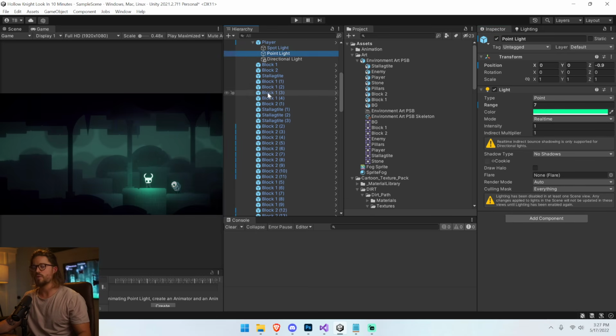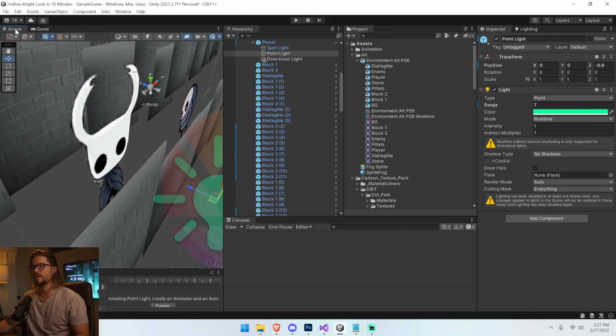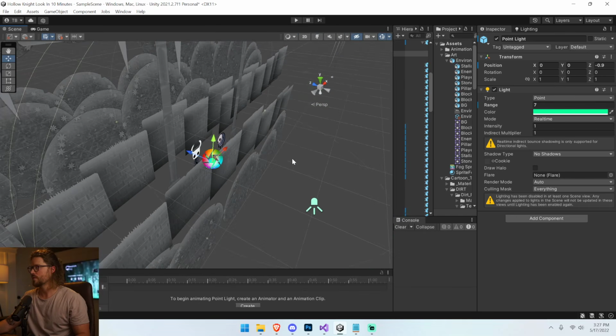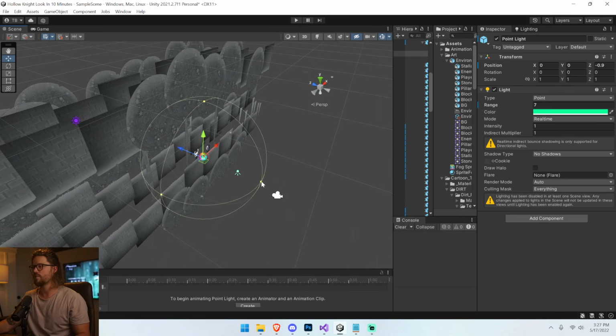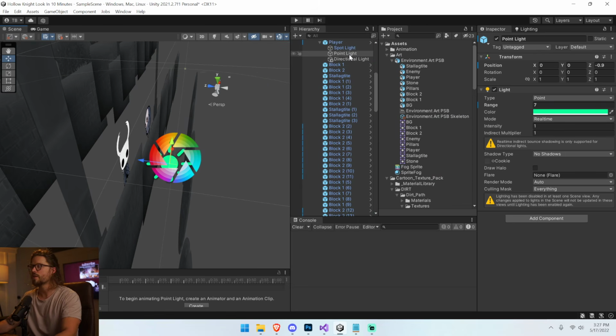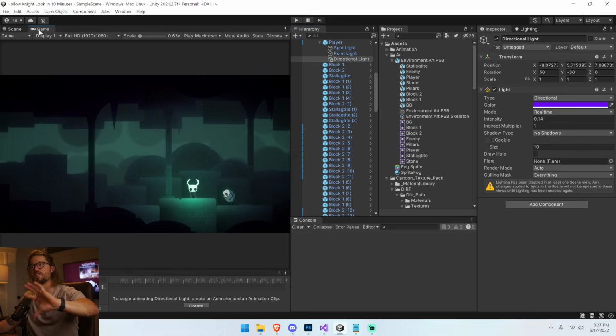We have a point light, which is right on the player, right? If we turn that off, you can see it's this just vibrant green here. And if we take a look at it, there it is. It's got a pretty big range here, right? But it's right up against the player, just right there. And again, it's going to follow the player wherever the player goes because it's a child of the player. You can see right here, it's a child of the player. And then finally, we have a directional light that sort of just washes the whole scene in a very subtle